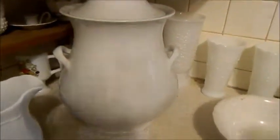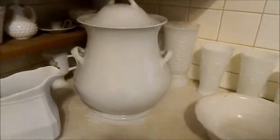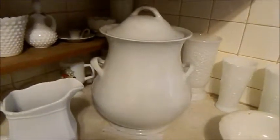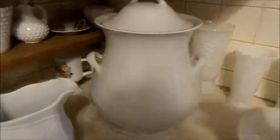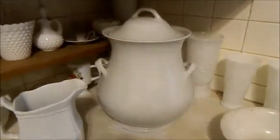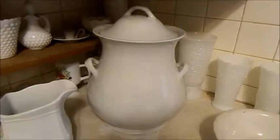Now we're going to go in the back here. Now this is a master chamber pot. A friend of mine thought it was a cookie or biscuit jar, but it's not. It's a master chamber pot, quite large, as you can see. And this was actually found again by Gill in an old house here in Saginaw that was being torn down. It is from the